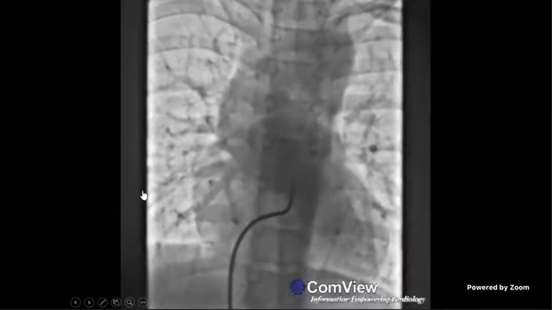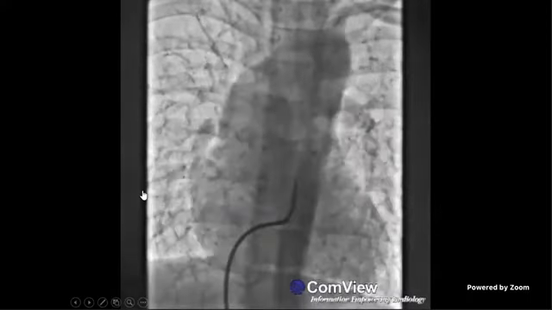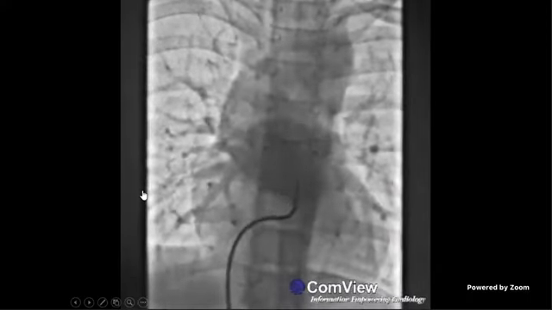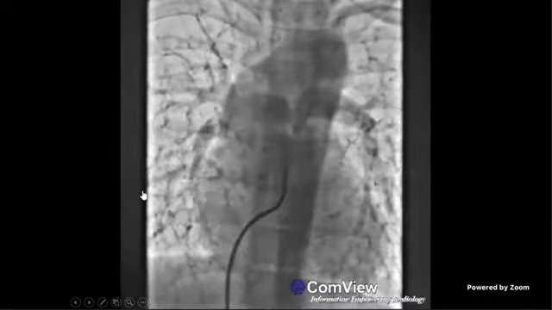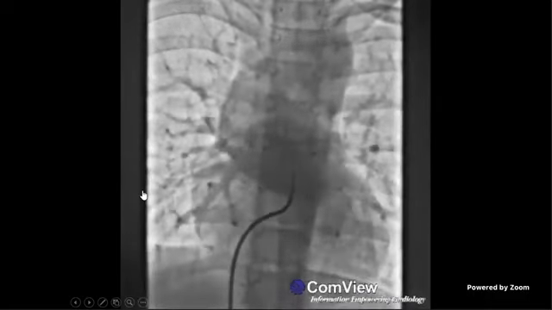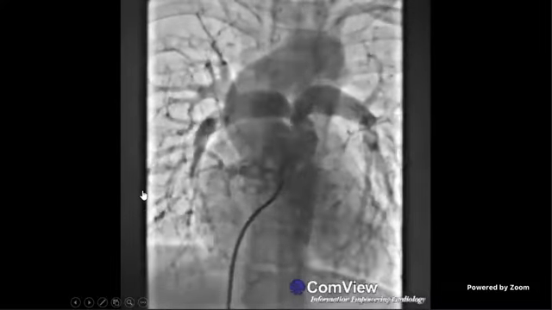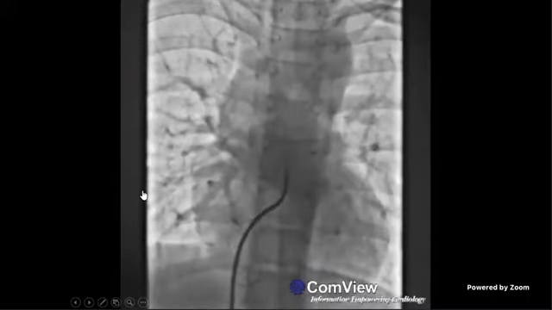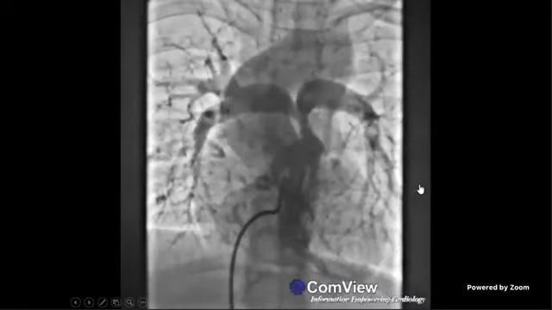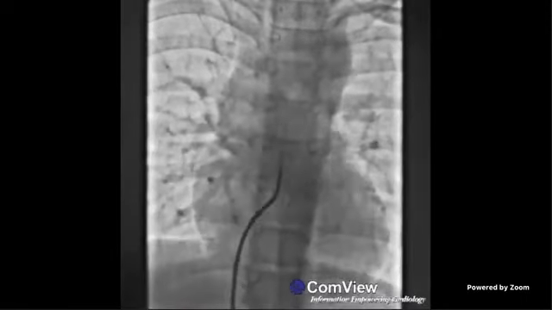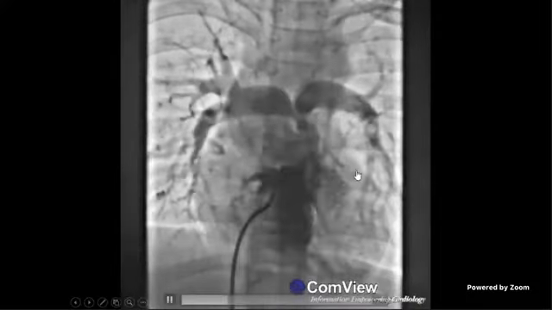Sir, it's an AP view. That's a venous catheter. The course is from femoral vein, IVC, right atrium, and via tricuspid valve into the RVOT. Sir, I'm able to see the filling of both great arteries, but the pulmonary artery is getting filled first, followed by the filling of the descending aorta. Apart from that, there is stenosis of the pulmonary artery, sir.